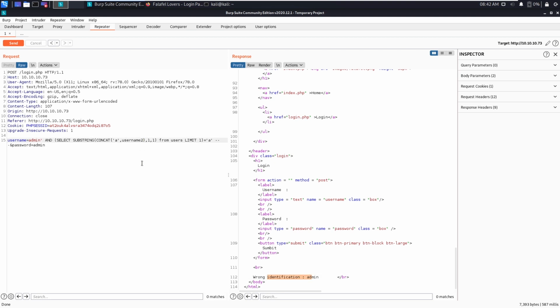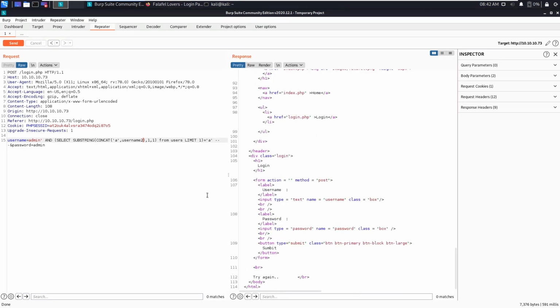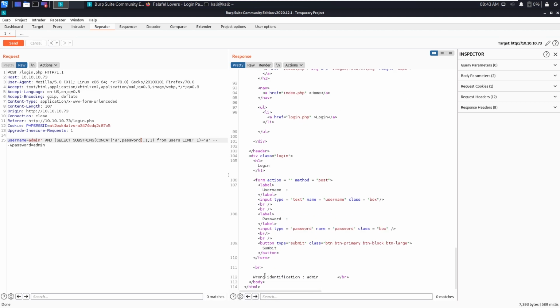Let's change it to username22, and you can see try again. So that means there is no username2 column, there is a username column. Now we say password. You can see there is a password.